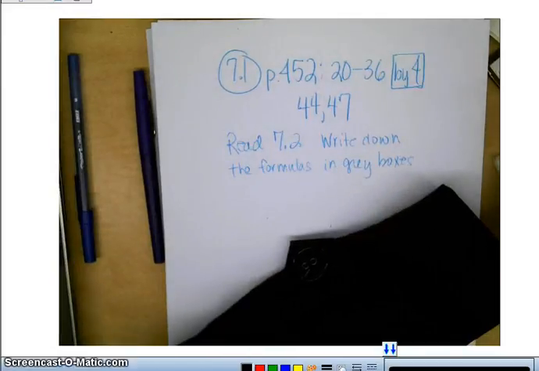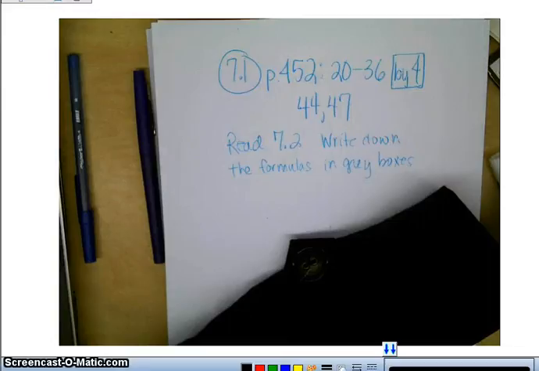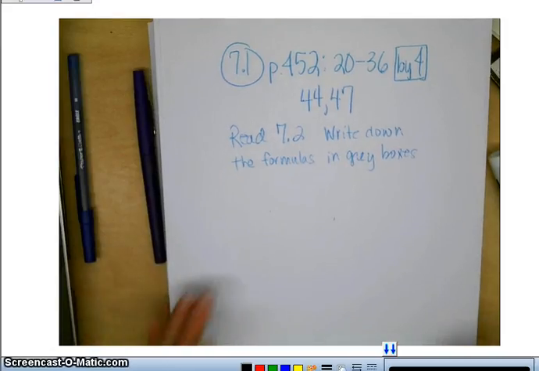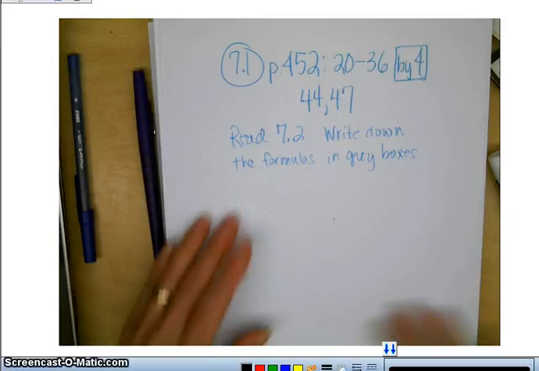Okay, the other thing, so there's a gray box on page 457 that says the disk method, and it gives you formulas. There's a gray box, kind of gray-blue, on 459 that gives you the formula for the washer method. There's another formula on page 461. So those are the problems that you should do, and read 7.2